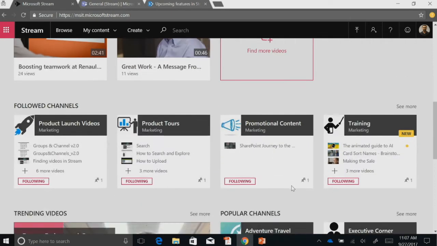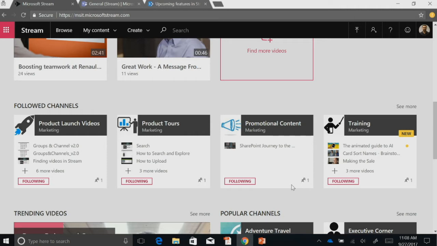And below that, we have this concept of channels and groups. We won't spend too much time on that today, but the whole idea is channels are a way to organize content. There are no permissions associated to a channel, and groups is a way to permission content to a group of people. And a channel could be open to the entire company, or the channel could be a part of the group. But essentially, channels are used to represent topics. If you use Gmail, they are labels or tags or keywords, whatever you want to call them.